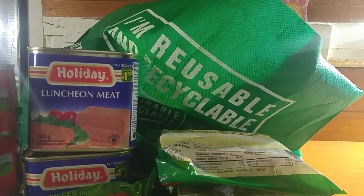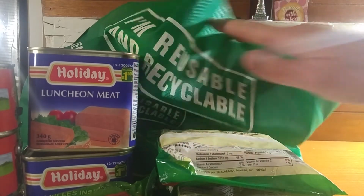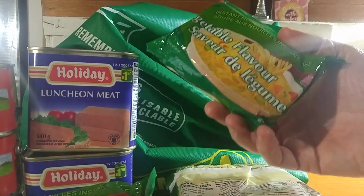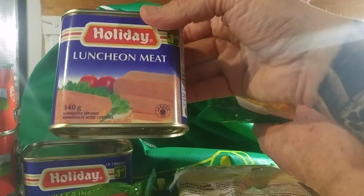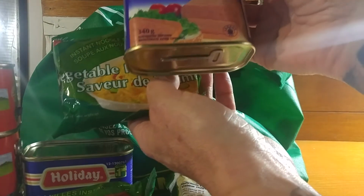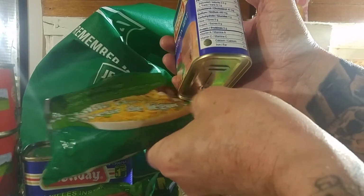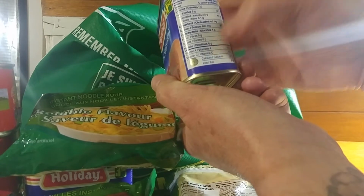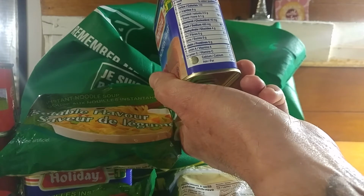Now, if you were a student, or somebody who's living in a rented room and doesn't have much money to spend on food, a pack of these noodles works out at 20 cents a piece, and your can of luncheon meat is $1.50. So even if you just cooked up your ramen noodle and your luncheon meat, this entire can has 6 servings according to the guidelines here, and 6 servings is going to give you 36 grams of protein. It's going to give you 660 calories,